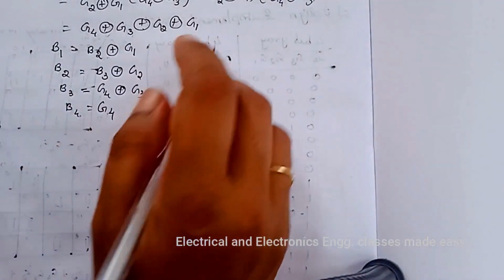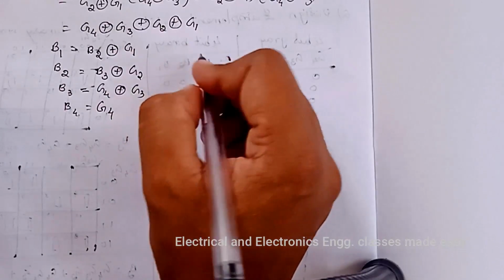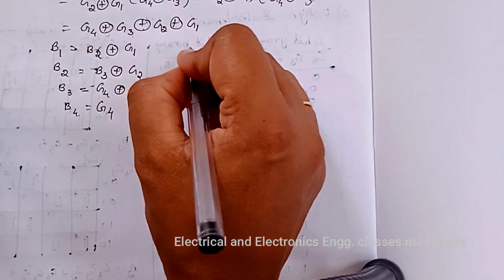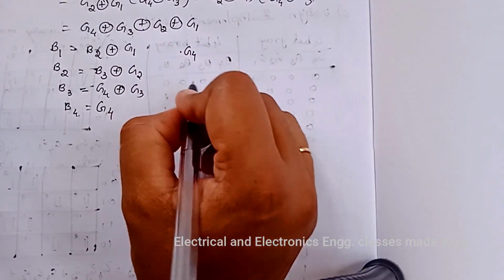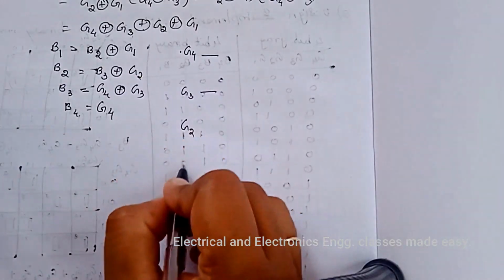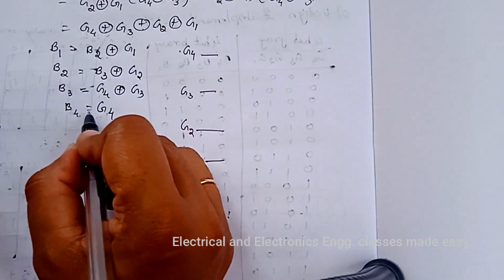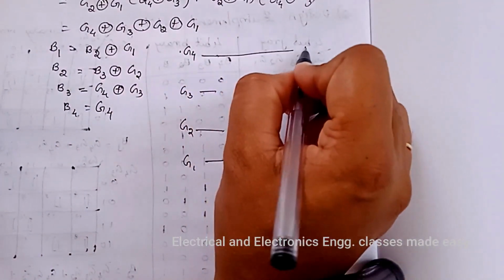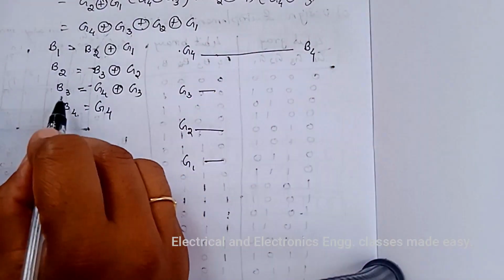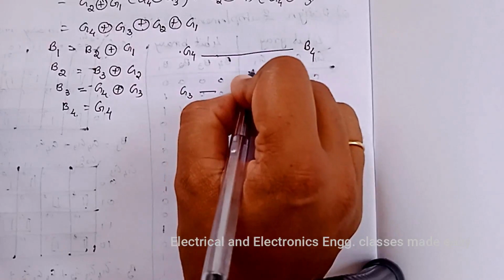Now we can draw the logic diagram. That is first draw B4. Sorry, the inputs are G4, G3, G2 and G1, and B4 is equal to G4 itself. Next is B3 is equal to G4 XOR G3. So here XOR gate